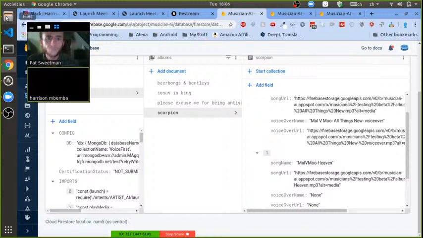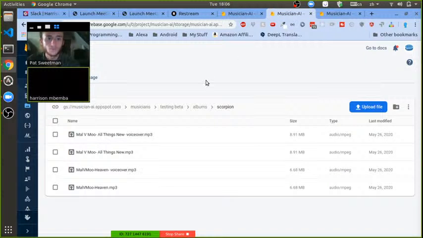Let's check the file types of Heaven and Heaven voiceover. Okay. Heaven and Heaven voiceover. Yeah, it looks like they're both MP3s. Malvimu Heaven dash voiceover. And All Things New.